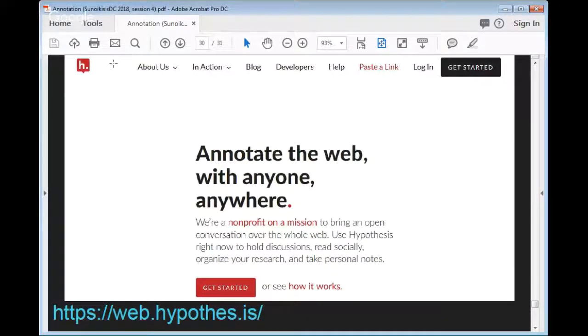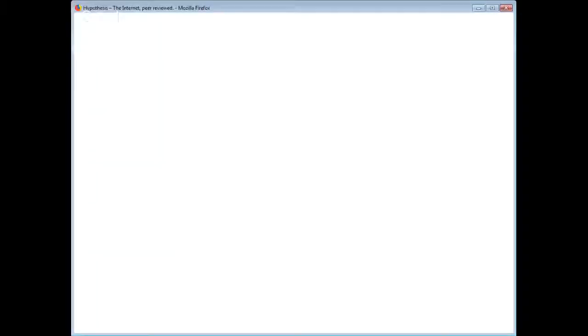So let me stop projecting slides for a moment and go instead to the web. I'll need to stop screen sharing and then start screen sharing again and select a different window, which is this one. Are you seeing the Hypothesis web page? No, you're not, are you? We're not, no. It's just a white screen. Excellent. Well done, Google Hangouts. Let's see if that's any better in Chrome. Apologies for this.